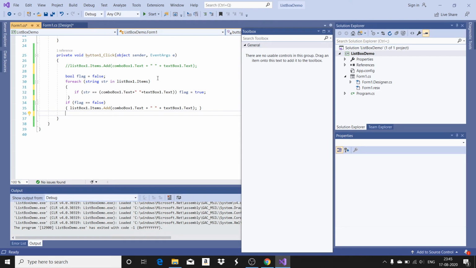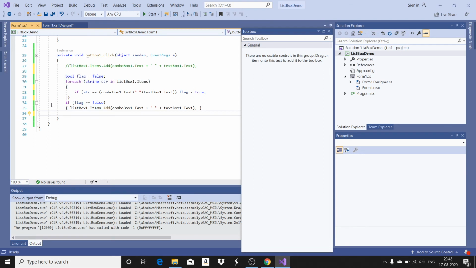When the salutation and the name already exist in the list box, the flag value will be set to true. Otherwise, you can go and add the item. So you test this for all the items that are available in the list box using the for each loop.